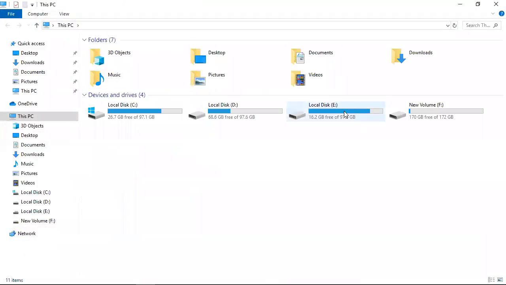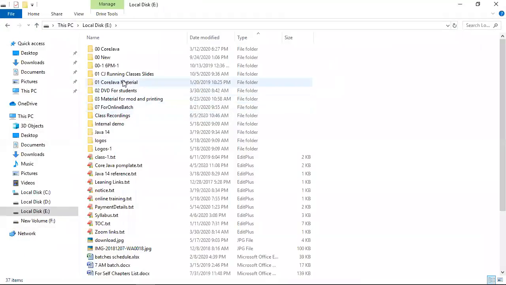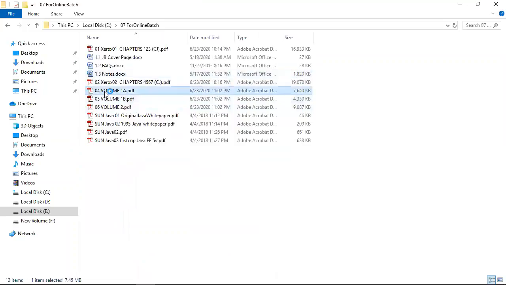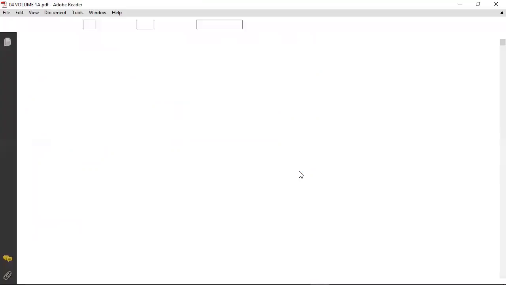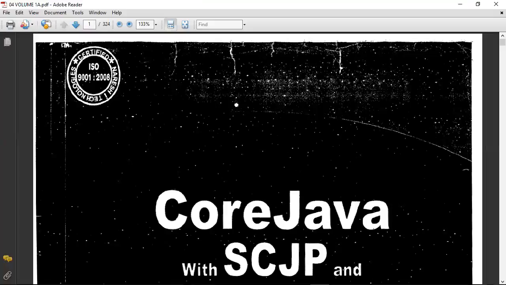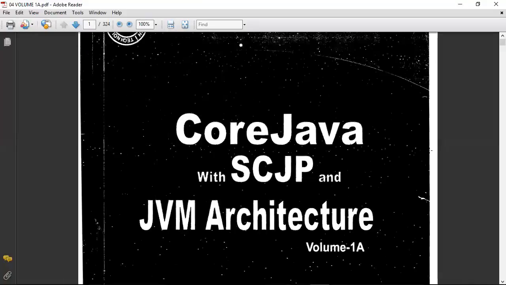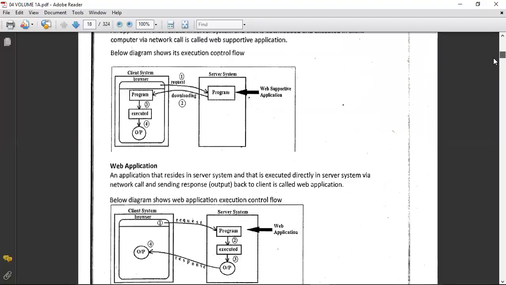Check once. Open the material, Volume 1A textbook. Wrapper classes chapter. Find out the page number.